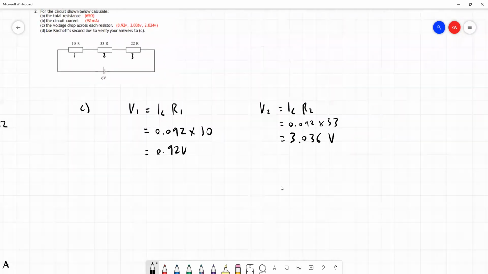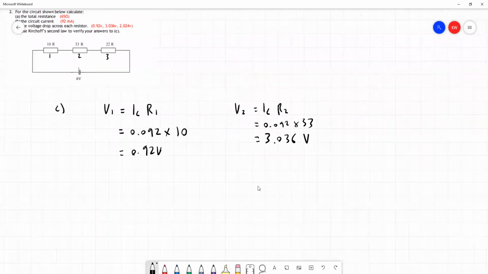And lastly, we want to calculate the voltage across resistor 3. Now we've actually got two options for solving this. We could do the same thing again, and I think we will, because we're going to use Kirchhoff's second law in part D, so we won't ruin the surprise of using that. To work it out in the same way, V3 is equal to circuit current times R3, which is 0.092 amps times 22 ohms. And that gives us a voltage drop across resistor 3 of